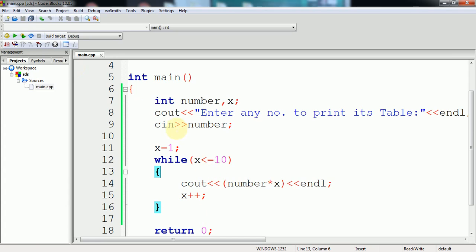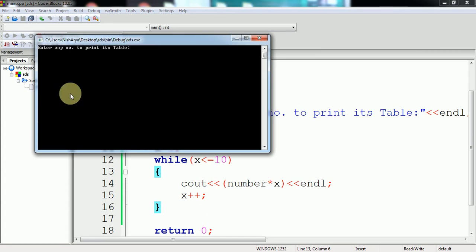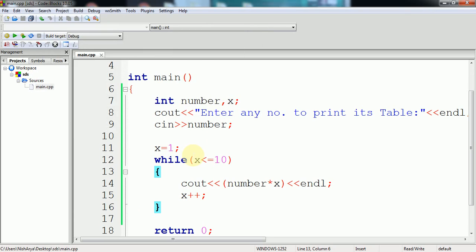In the same program, suppose I execute this program with another number. I need to print a table of 5. Now if I press enter, you can see that this is the table of number 5. So this is the while loop. With the help of while loop I have shown you how you can print the table. But in the same example, if I make some changes over here, like this,